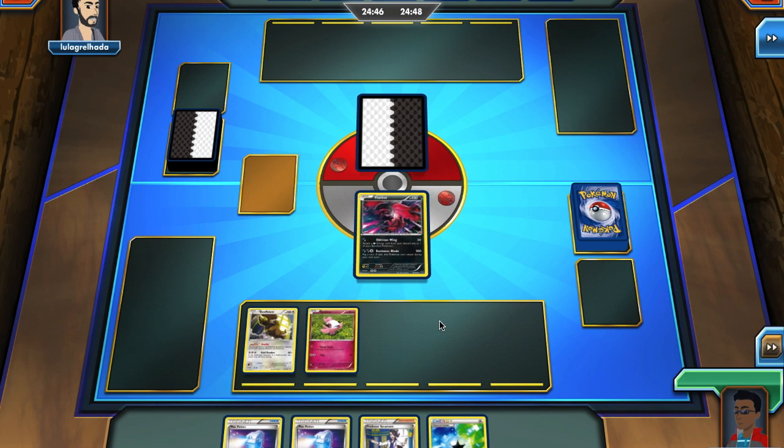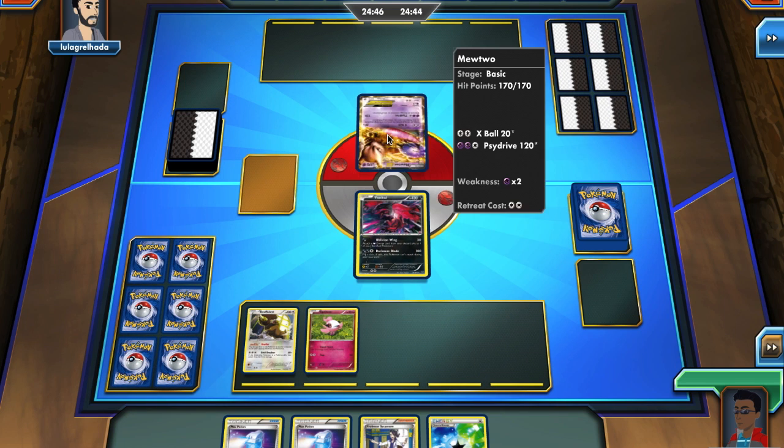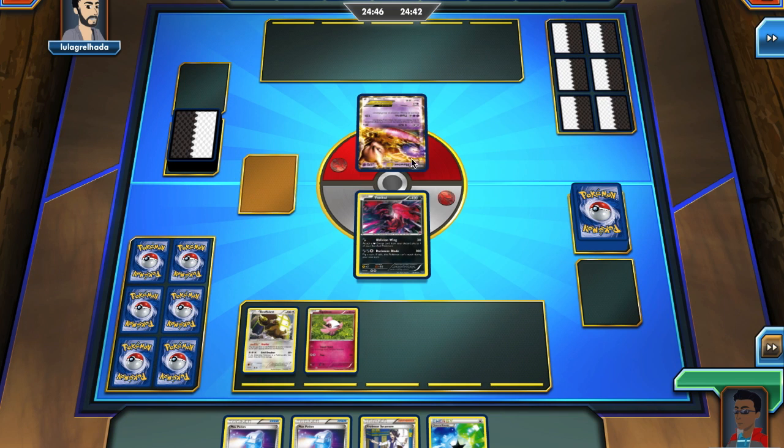I do manage to get a Spritzy. I'm going to bench it and start off with an Yveltal, the non-EX, and I see my opponent opens with Mewtwo. So he's going to attach a DCE. Fortunately, I did let him go first, or he got to go first. I don't know if I decided to coin flip, but this means I won't be in danger of a turn